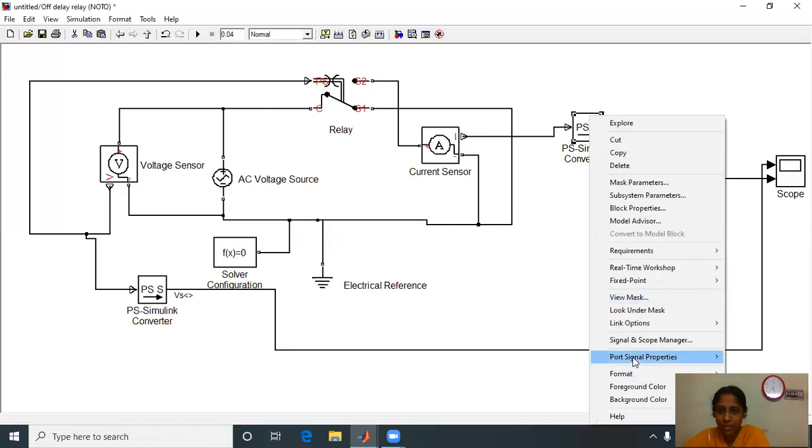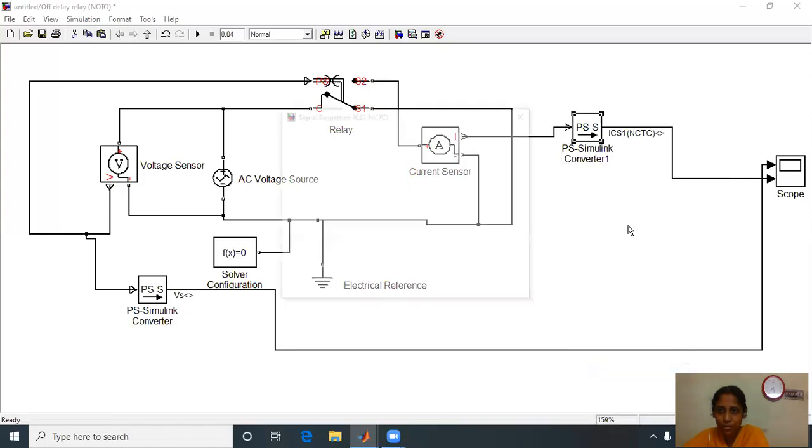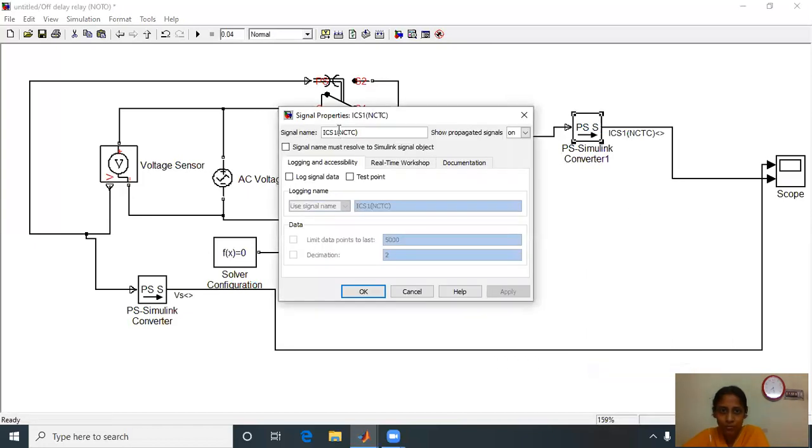The port signal will be changed to ICS2, then it was normally open, further opening time is delayed.